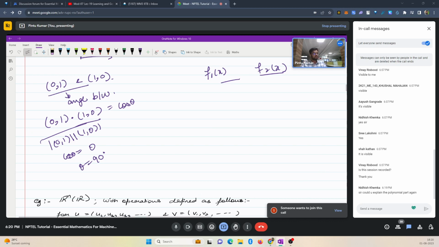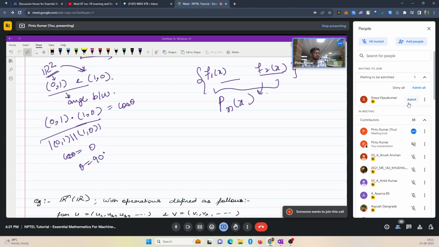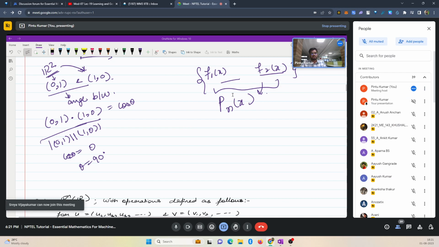What we can do is construct a vector space out of these polynomials. We know that R2 is a vector space, so these vectors are elements of a vector space. So we will construct a vector space of these polynomials. You will get this more clearly when we solve the example, but I'll just give you a flavor right now. If we are able to construct a vector space out of these polynomials, then using the notion of the dot product, we can define a